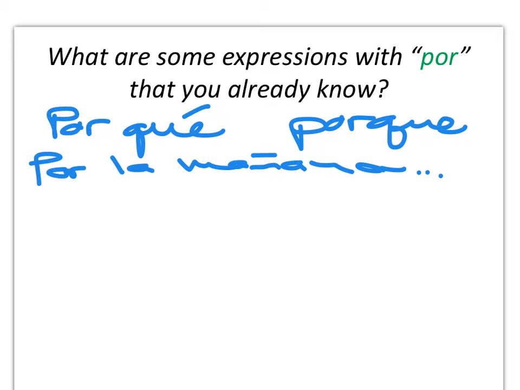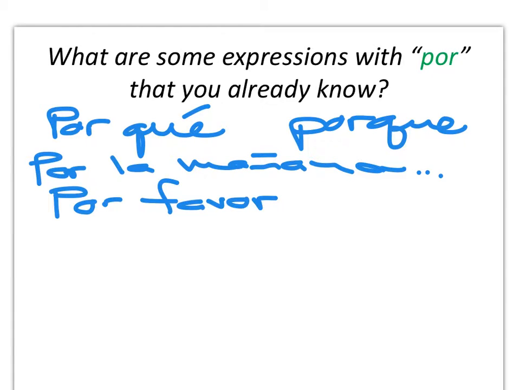Otro uso de por, Caitlin? Por favor. Now, ¿cómo se dice por favor in English? Please. And today, I'm going to try to remember, because I actually didn't include an example in the presentation, of how we can build on what we already know with por favor. Por favor means please, but really the word favor is a word for favor in English. So we're going to see how por with people is used to do favors on someone's behalf.